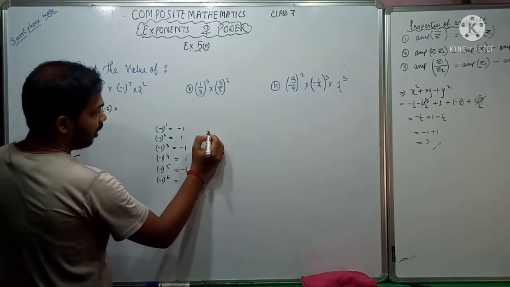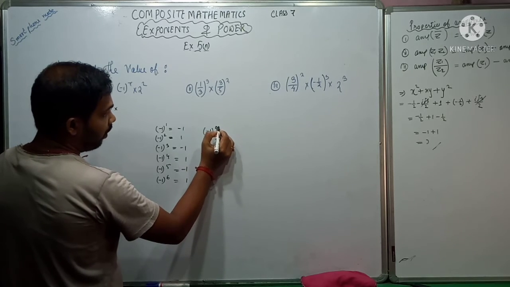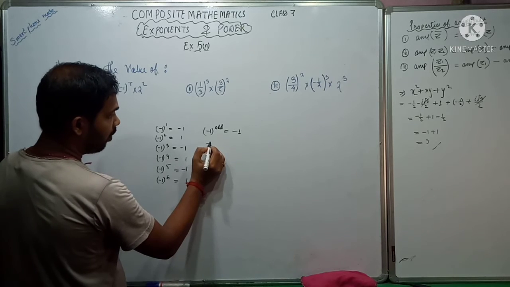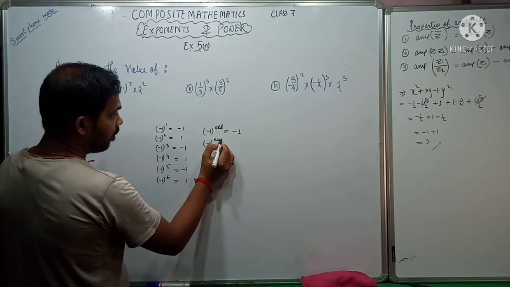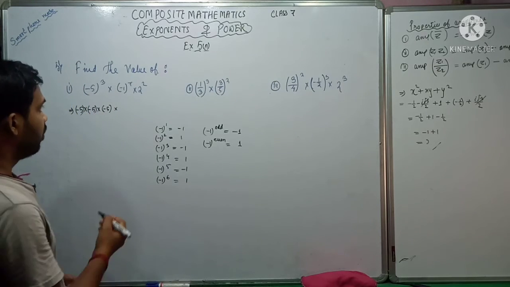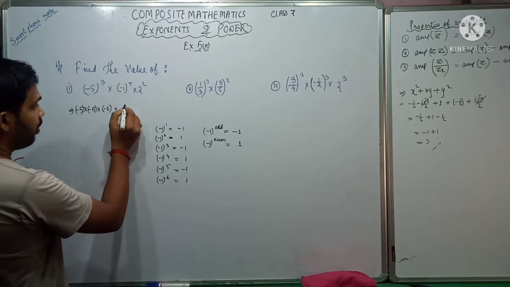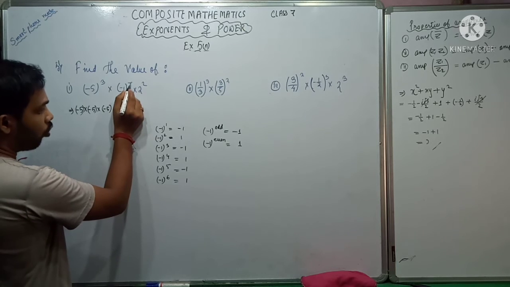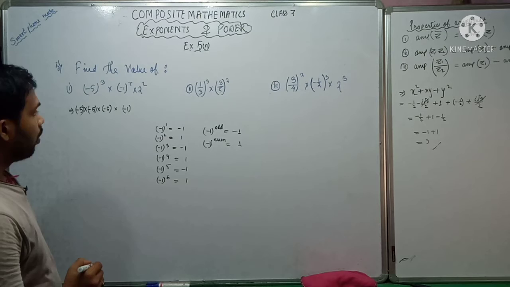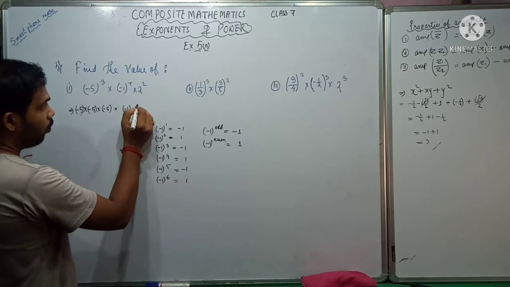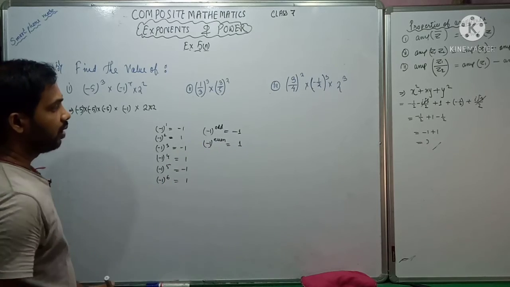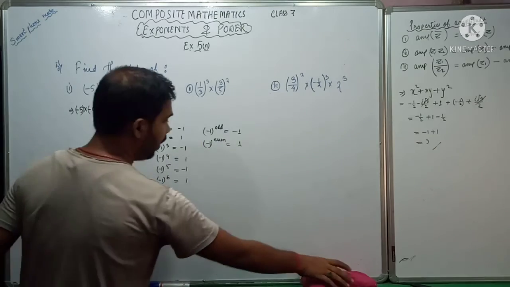So we can write that -1 to the power, if the power is odd, then we are getting -1 as a result, and when -1 has an even power, then we are getting +1 as a result. So now if I multiply -1 7 times, then my result will be, you see, 7 is an odd number, so my result will be -1. Okay, now you can multiply 2 two times, 2 into 2. Please note down this very important result. Okay, so I will rub it.